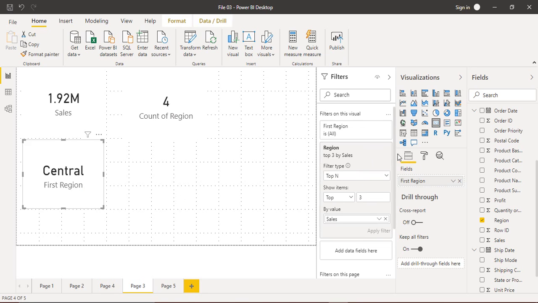So it is not very reliable to work with more than one value with a card, so it is advised to go with a single one, and you can simply apply filter. That's the East region. So that is all that you need to know about the cards and the filtering that can be applied on the cards in Power BI.